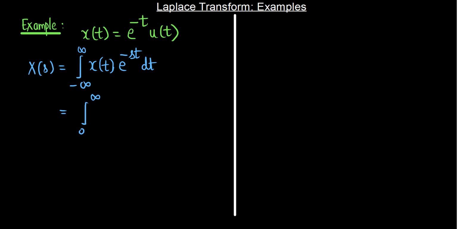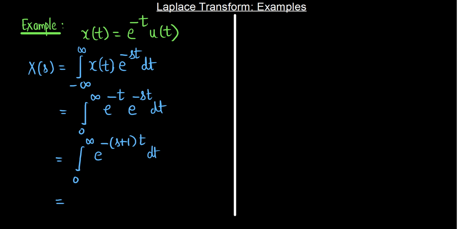This is going to be e power minus t e power minus st dt, and that is going to be equals to integration 0 to infinite e power minus s plus 1 t dt, and that is going to be equals to,